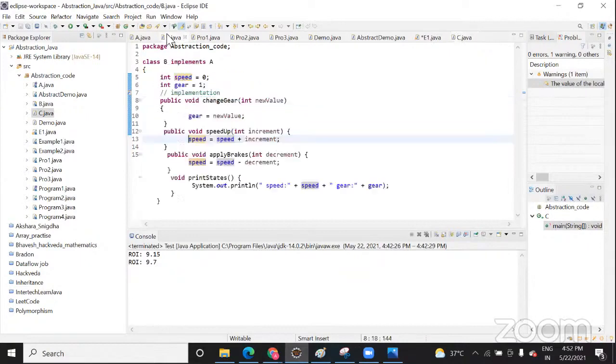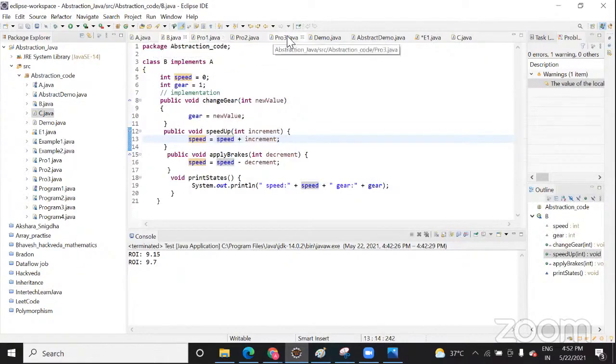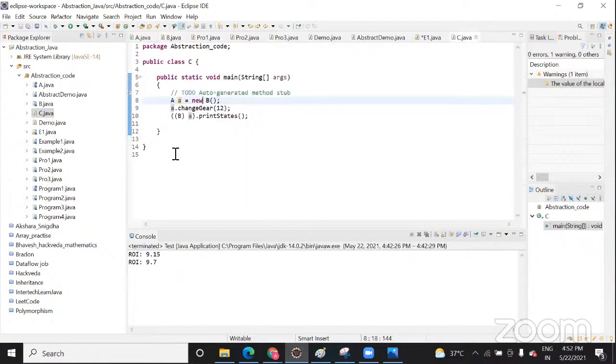Method of B class, right? Yes. Which method? Change gear. So here I'm calling A dot change gear and I'm passing this 12. So when I run this,